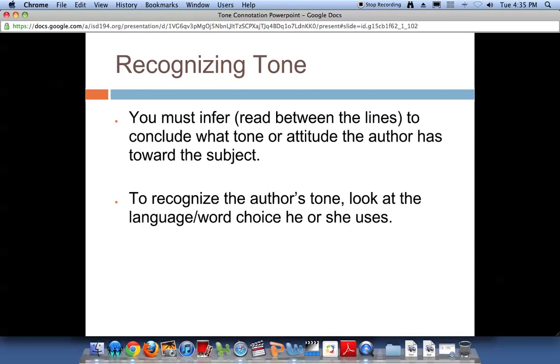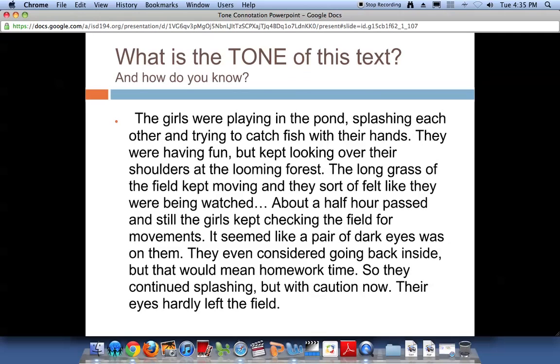Well, the consequences of misinterpreting the tone of an essay or a novel might not be as significant as misinterpreting the tone of a text message. It nonetheless is important in truly understanding a work. So let's take a look at an example. Think about how the tone is built throughout the course of this short passage.